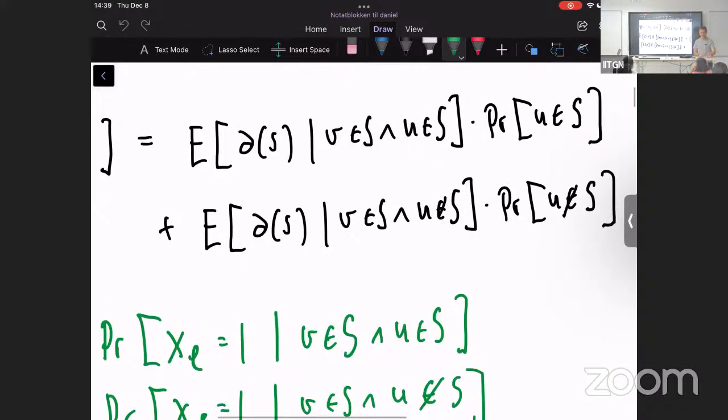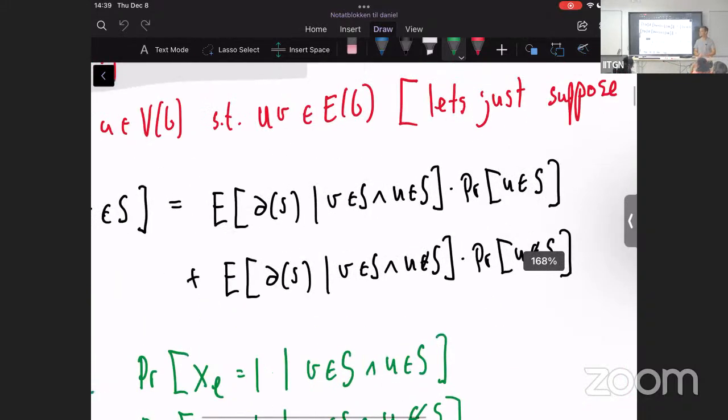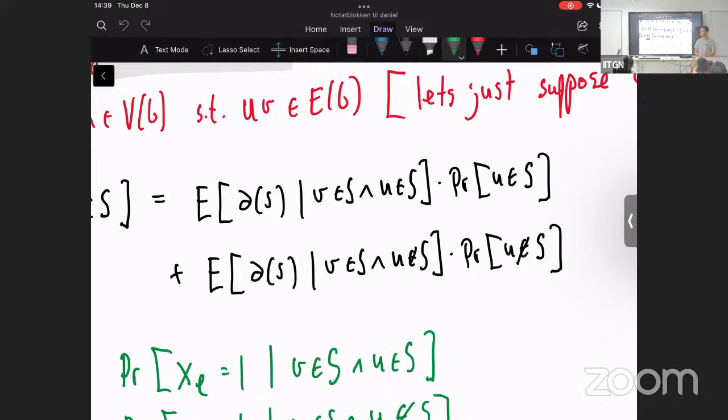Sorry, I have a question. When you say add V greedily to S, there isn't really a greedy choice being made. Yeah, greedily in the sense that you could do this, you could do that. You make an arbitrary choice. Yes.